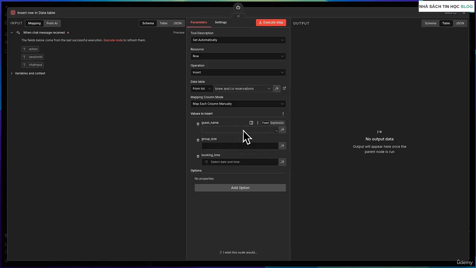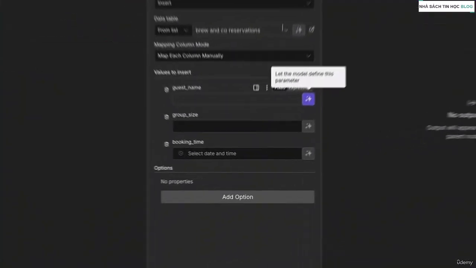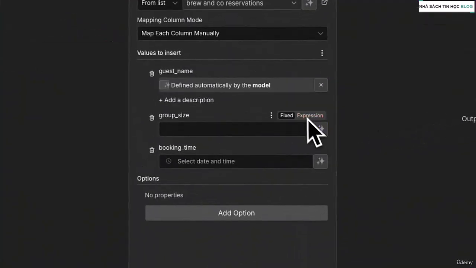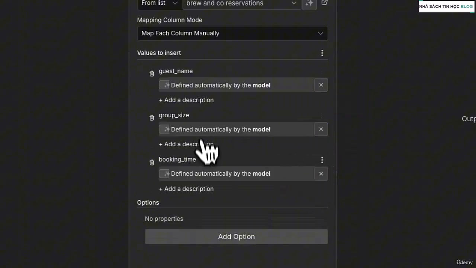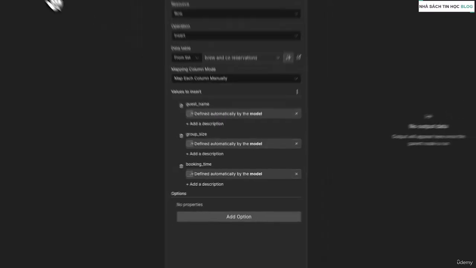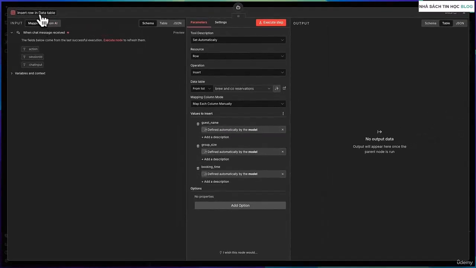And for the values, we'll let the AI figure out how to populate the fields based on what the user tells it. Right? Let the model define this parameter for all of the columns. And let's rename this node to create reservations